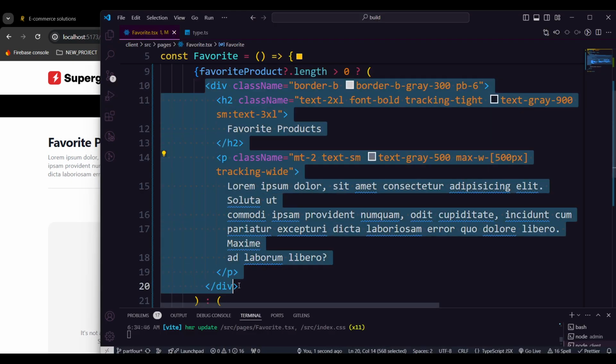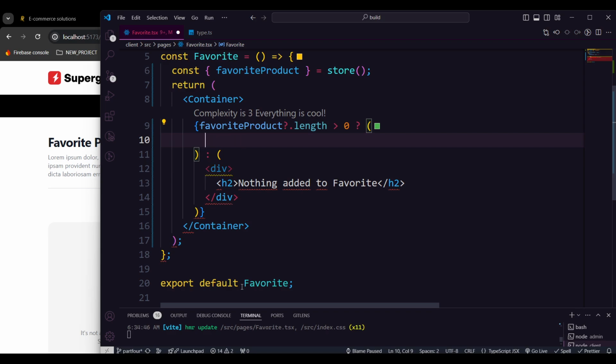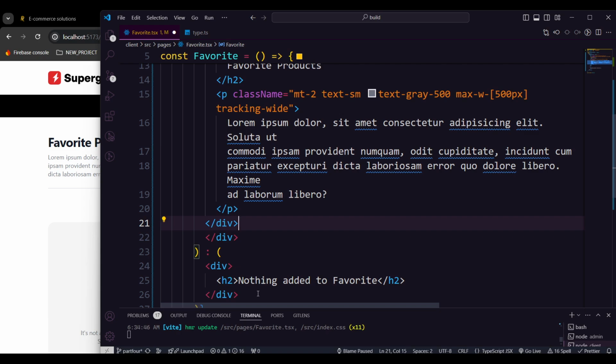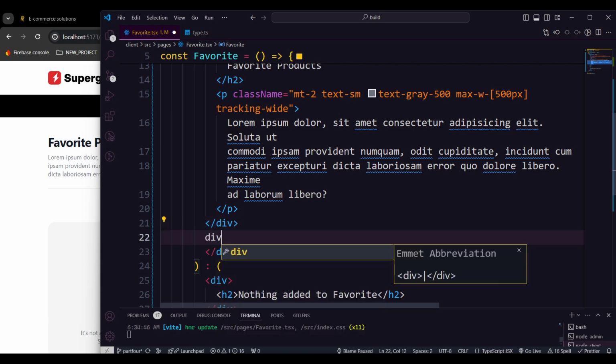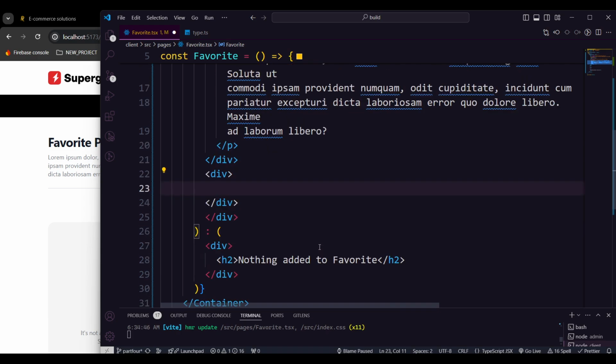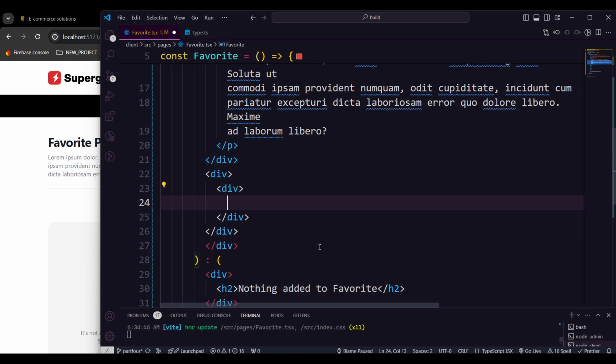Now I'm gonna wrap everything which I've provided here within another div, so that I can now pass the product div here. So it will be the product div, and here what I'm gonna do is take one more div, and now I need to map through my entire favorite list product, so that I can show a single favorite product and create all the functionality there. So it will be a favorite